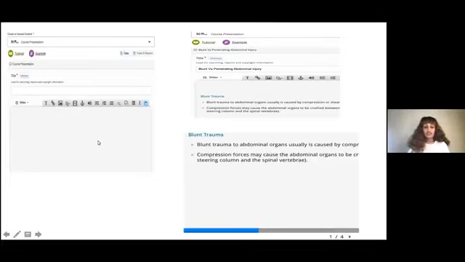There are different options. So as an example, brain trauma is the title, and those are the texts that can be written inside the box. You can add additional slides as much as you need, and the student is going to see them by clicking the next button. So we can prepare our interactive materials in this way. And this is all about my presentation.